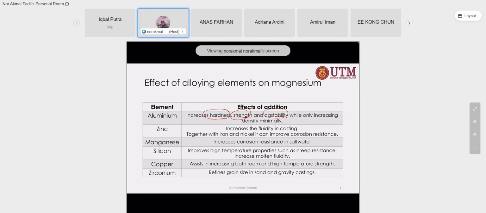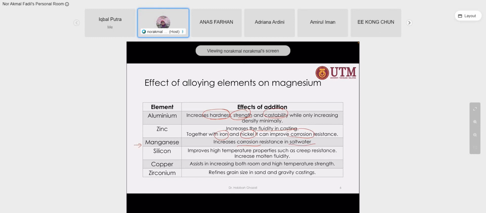And then for the zinc, if you use zinc as the second element in your alloy, it can increase the fluidity during the casting process. And sometimes we add other third and fourth elements such as iron as well as nickel. And the purpose, if we add nickel and iron alloying element, it can improve the corrosion resistance. And the manganese, okay, if we add manganese in magnesium, it can increase corrosion resistance also, okay, especially in the